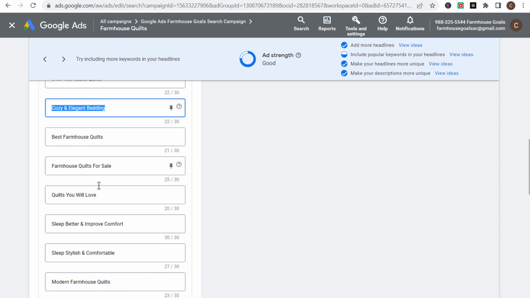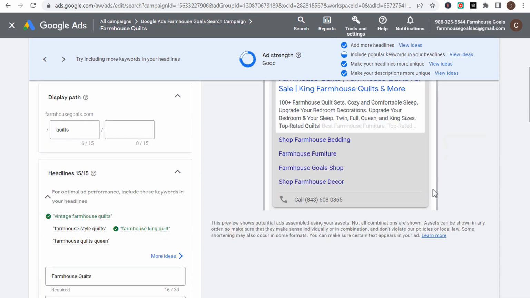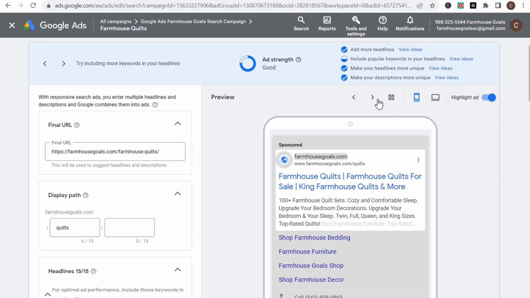Cozy and elegant bedding. Quilts you will love. Sleep better and improve comfort. Sleep stylish and comfortable. And then down here, again, more keywords. Modern farmhouse quilts, king farmhouse quilts, and more. Vintage farmhouse quilts. Now coming up to the top and looking at some of these different examples, what I'm hopefully going for is